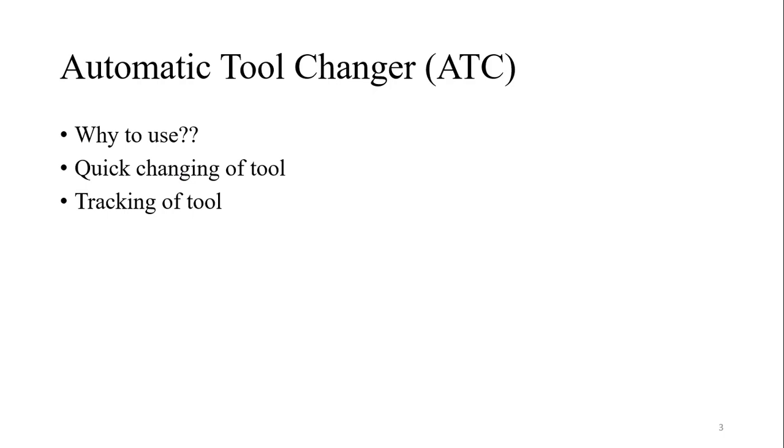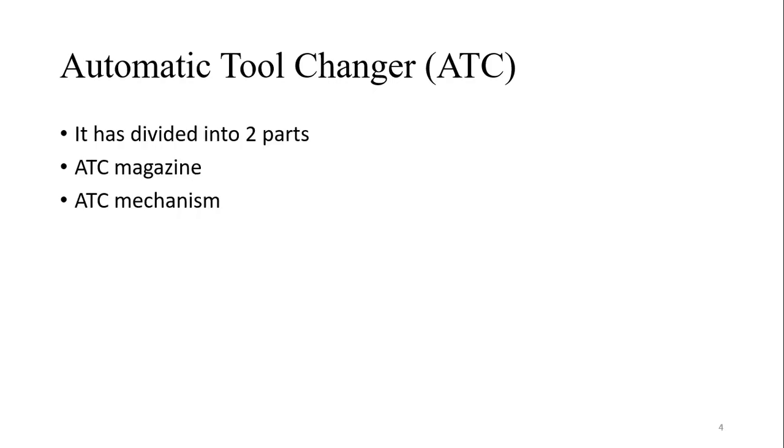Where is the tool going? Is it being placed exactly in the same place? Whenever you pick the tool, the machine has to make sure that it is replaced back in the same location. Correct? Then the safety of the tool. Industry uses very costly tools, even for the safety of the tool from swarf, or you can say scrap, waste, or coolant. It is the responsibility of the automatic tool changer or magazine to save the tool from these kinds of problems or situations.